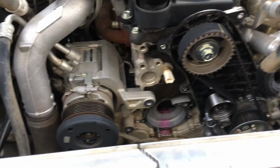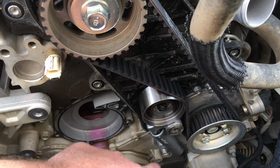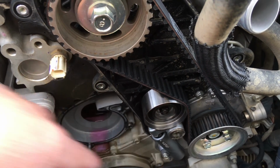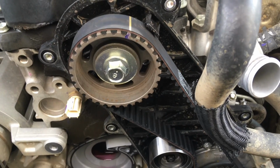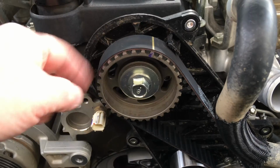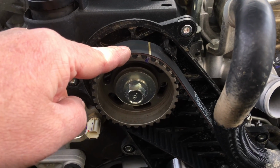Okay guys, so this is the Prado. We've got the new idler on, we've got the new tensioner on. They're all torqued up, the bottom 2 bolts, and this one, the marks were all lined up perfectly. As we've shown, we've got plenty of videos showing you the timing belt marks, so we're not going to go through that. What I am going to teach you in this one though